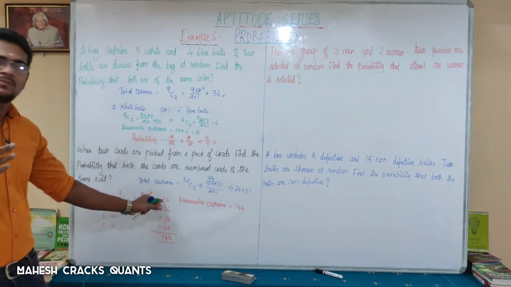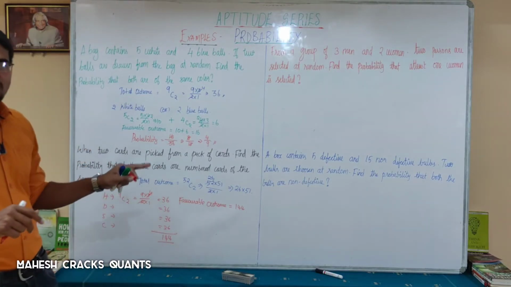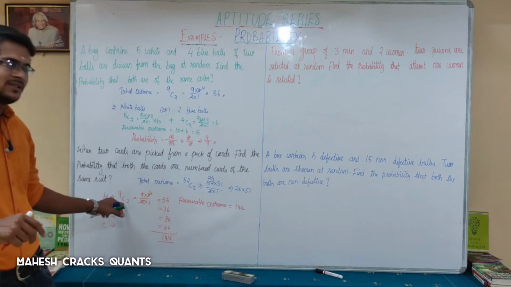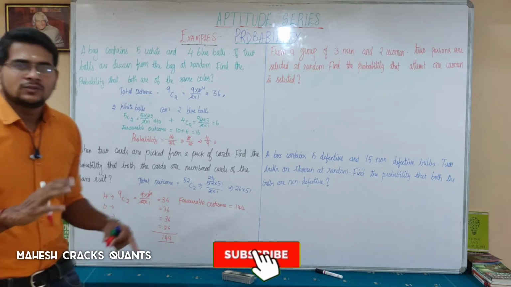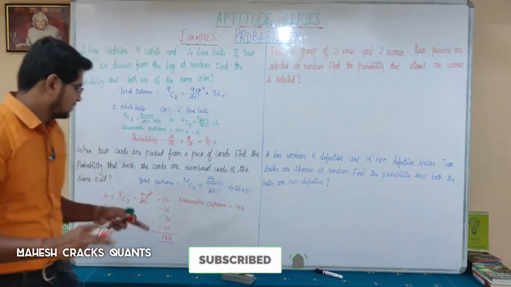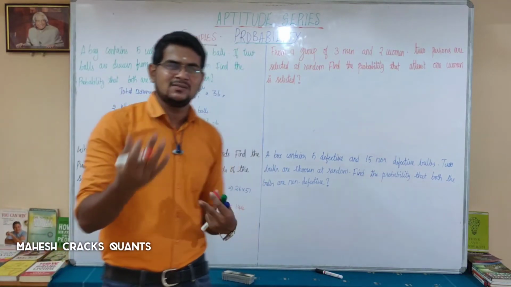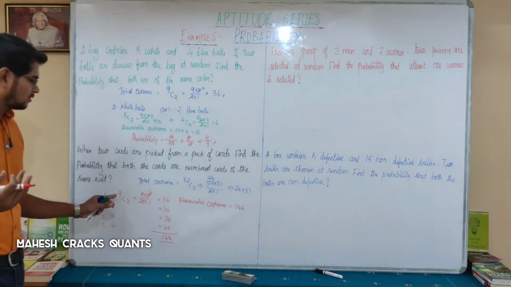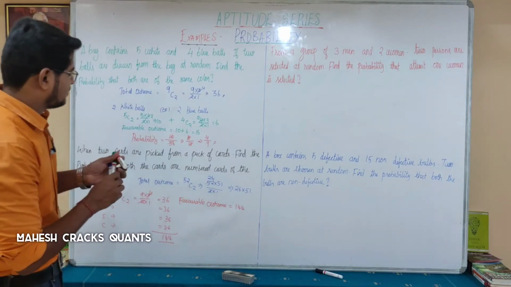So 36 possible ways of taking two cards. Because we are taking two cards, that is important. Both the cards. If it is one card, it means here 9, 9, 9, 9 totally, so you will get only 36 cards. Here we are taking two cards. How will you take two cards? Selecting two things is nothing but combination. Out of 9 numbered cards, I am taking two cards. So probability is equal to... what is the answer?